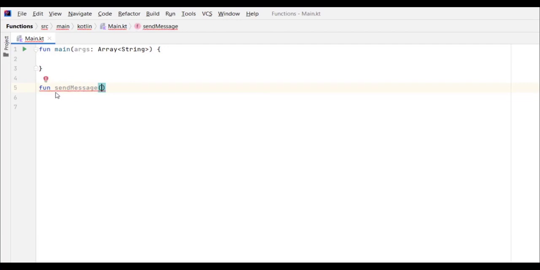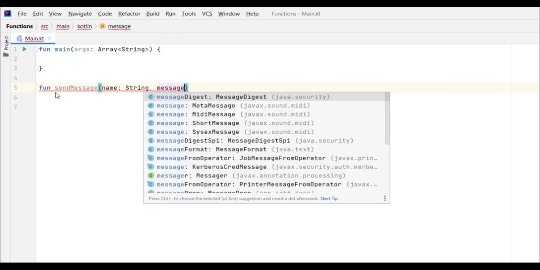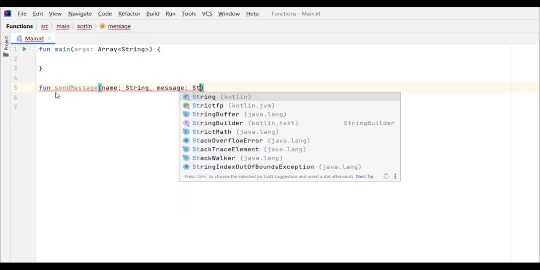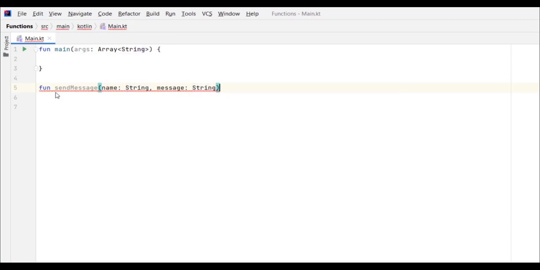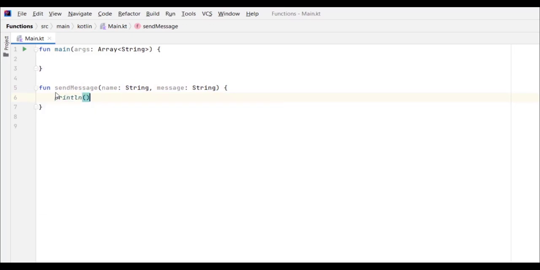Let's put the parentheses, and inside the parentheses I'm going to define two parameters. The first is going to be called name, it's going to be of type string, and this second one is going to be called message, and it's going to be also of type string. Now let's declare the curly braces, press enter, and let's print those parameters in our console. So let's put a println here, and inside the